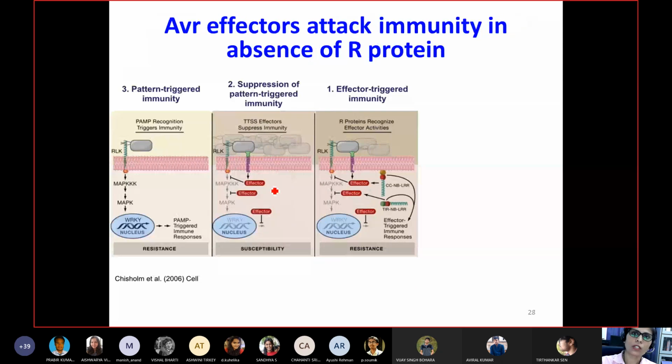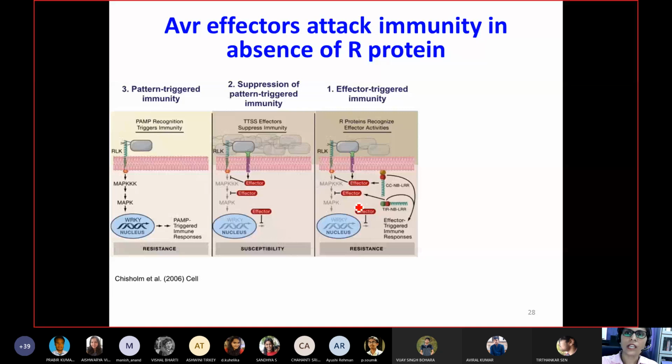You remember we talked about pattern-triggered immunity. In the normal case, the plant has a system to recognize infection coming from different kinds of pathogens. But to evade this kind of immunity, Xanthomonas and similar organisms have evolved to directly inject their material into the plant so that immunity is not created against them, and only a plant containing the resistance gene will be resistant against this effector gene. So a gene-for-gene relationship was proposed.